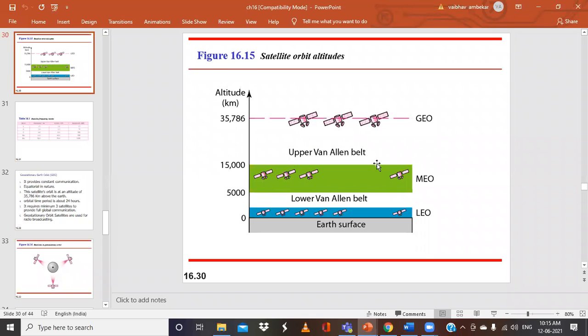We are not going into detail about what the scientist discovered, some particular range that is all related to radio frequencies and so on. Based on that, they have named it the Van Allen belt. So these satellites are placed between two Van Allen belts at a height of between 5,000 to 15,000 kilometers from the earth surface. Approximately you can take that they can lie in any range, that is 7,000, 8,000, 9,000, and so on. In this range these satellites can be placed.